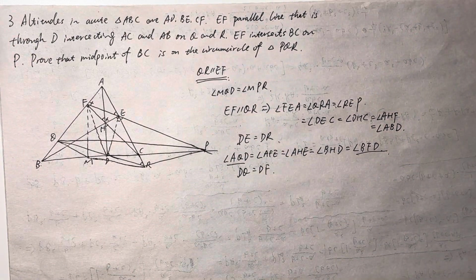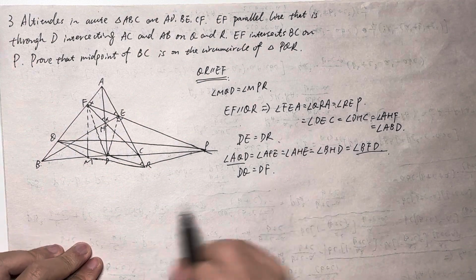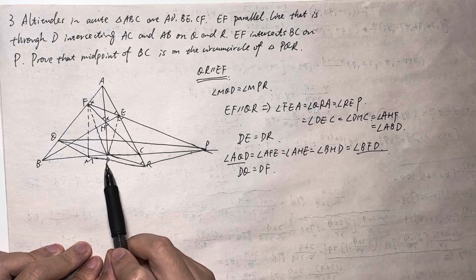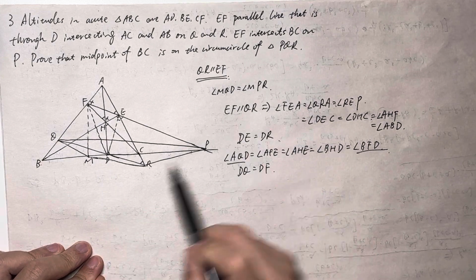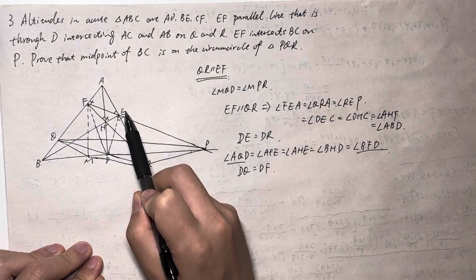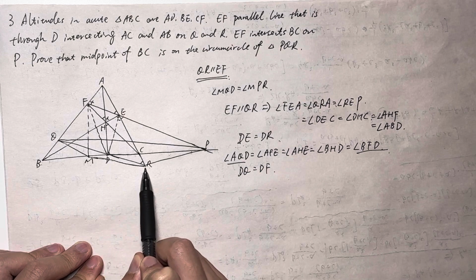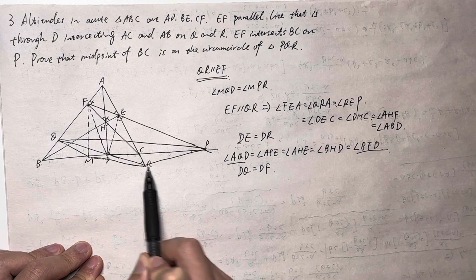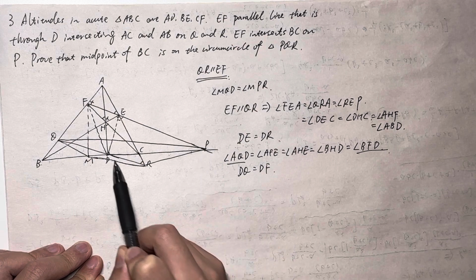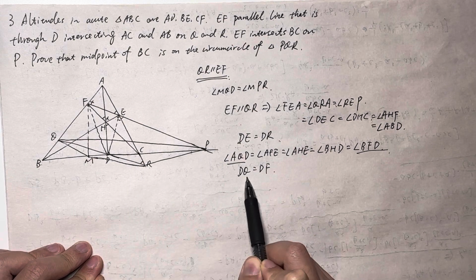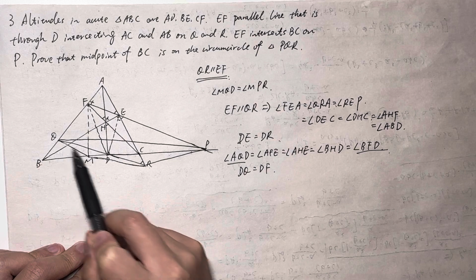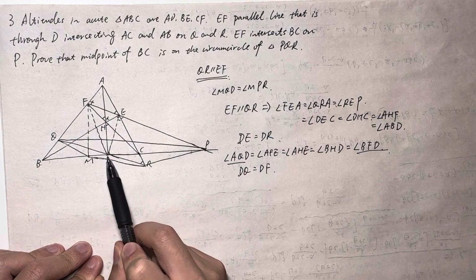So that's very interesting. What we get here is that DE equals DR. DR is an edge in triangle PDR. And we find that DQ equals DF, where DQ